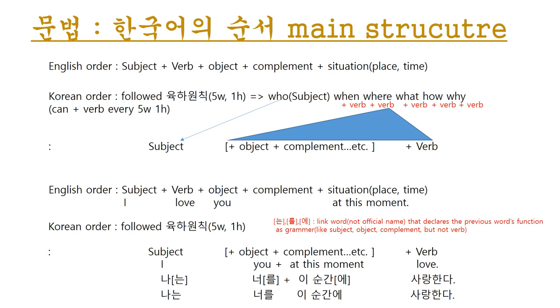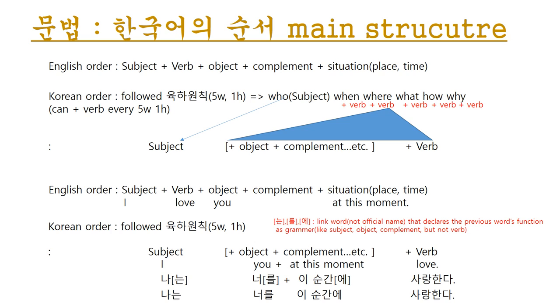Of course, many kinds of variation can be made from this sentence order. From this basic order, now I will convert this English sentence order into that of Korean sentence. Well-written or spoken Korean sentence usually follows 육하원칙. It means 5W1H. That is who, when, where, what,